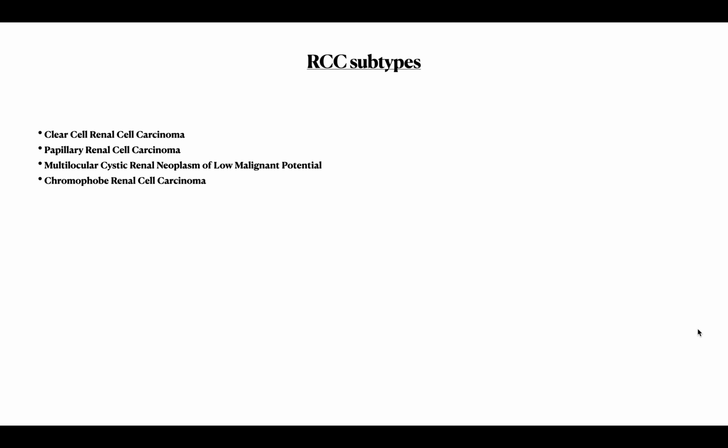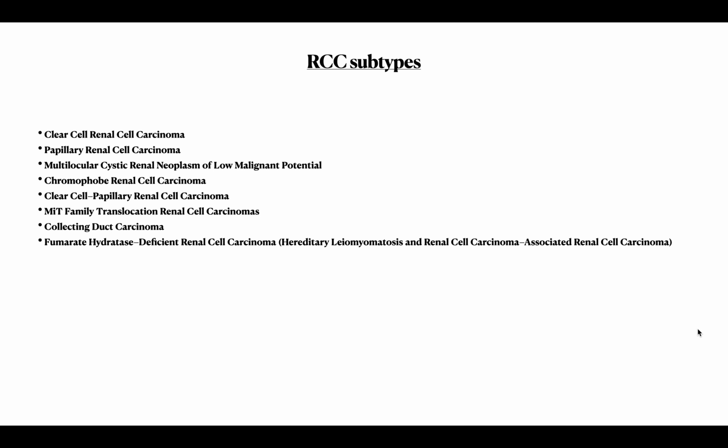So what are the different RCC subtypes? Clear cell renal cell carcinoma, papillary RCC, multilocular cystic renal neoplasm of low malignant potential, chromophobe renal cell carcinoma, clear cell papillary RCC, MiT family translocation RCC, collecting duct carcinoma, fumarate hydratase deficient RCC, which is hereditary leiomyomatosis and RCC associated RCC,